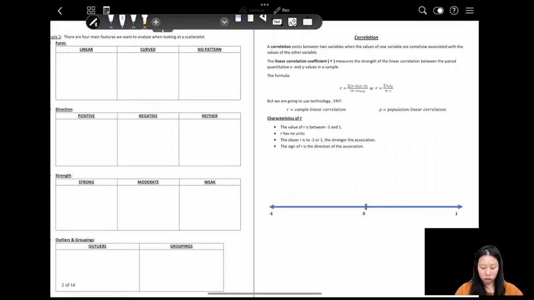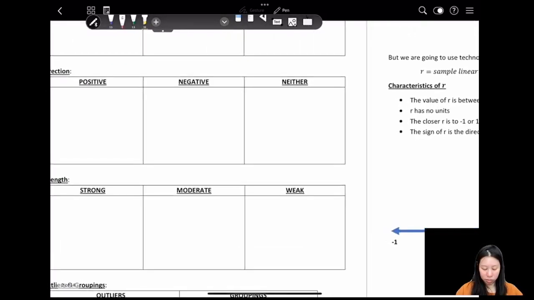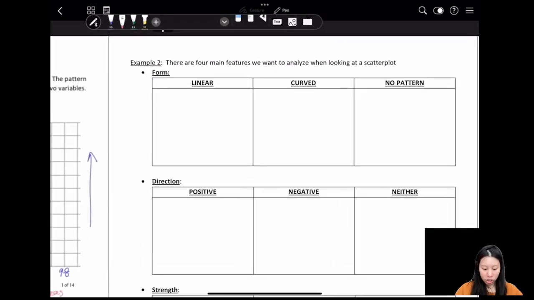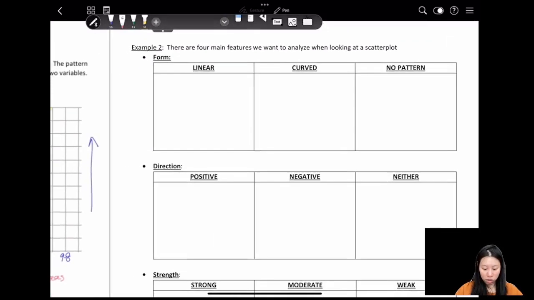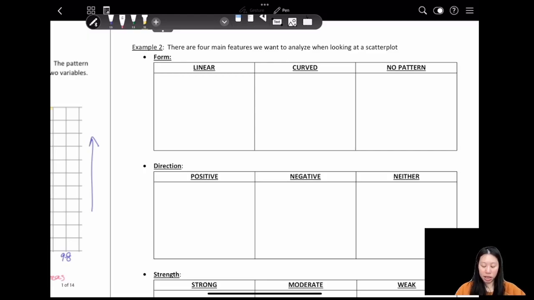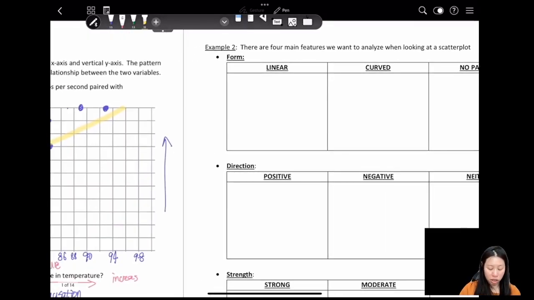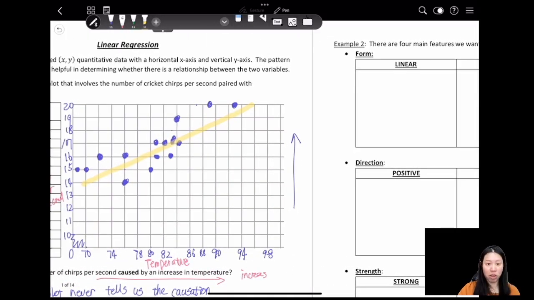So let's take a look at the pattern. There are four main features that we want to analyze when looking at the scatter plot. So linear, curve, and no pattern. When it comes to a linear scatter plot, what does it look like? In general, you will see there's a trend, a straight line